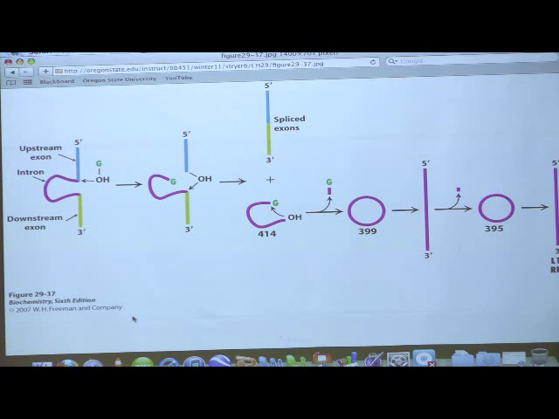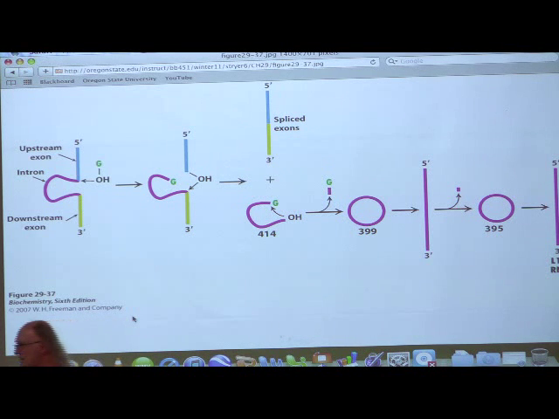Like all biochemists do, he tries to purify the components necessary for the splicing out of the cell so he can study the reaction in a test tube. So he takes his RNA sequence that's going to be spliced, and he purifies it. He purifies a bunch of proteins that he thinks are involved in the splicing, and he mixes them together and discovers splicing occurred beautifully. Now, when this happens, you get a very big smile on your face because you think, I've really got what I'm after. But fortunately, he didn't stop there.